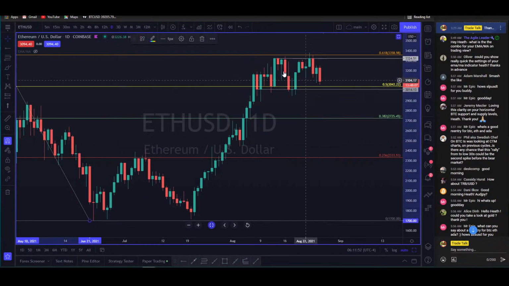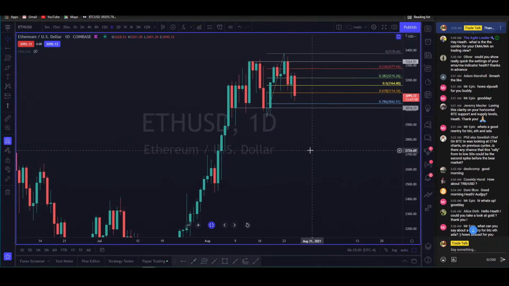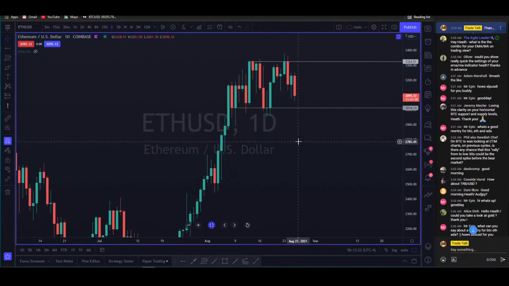See, if I take this fib from swing low to swing high, let's see where we are in this. So yeah, if today closes below $3,114, which is this fib level, then you can look for support to be tested. If this thing closes back above, which I doubt it will because of this, right? Yesterday was the test of it. That was the trade up into that level there. Boom. So yeah, I'm looking for a support test, maybe a little lower, but I'm just going to watch price. That's all I can say.